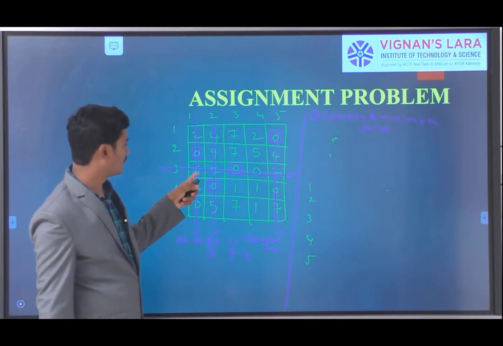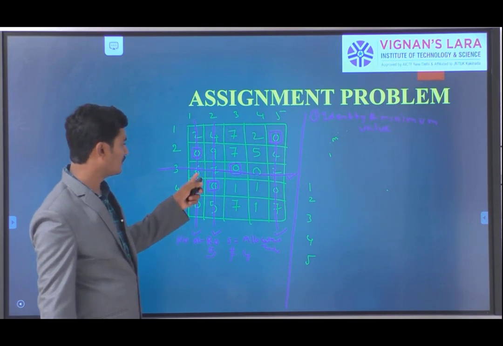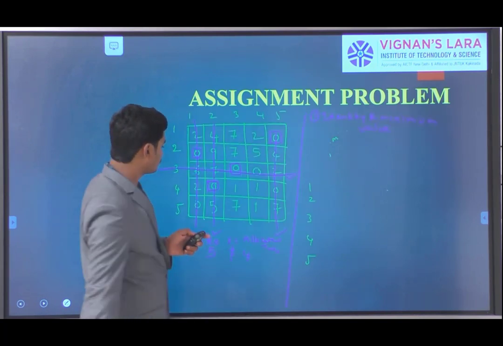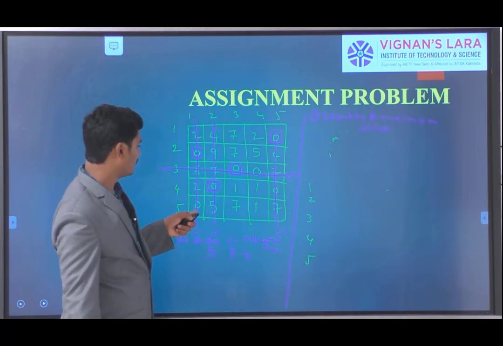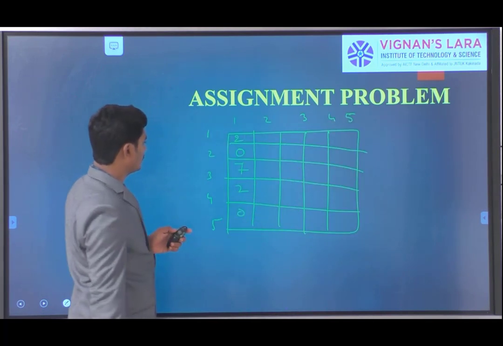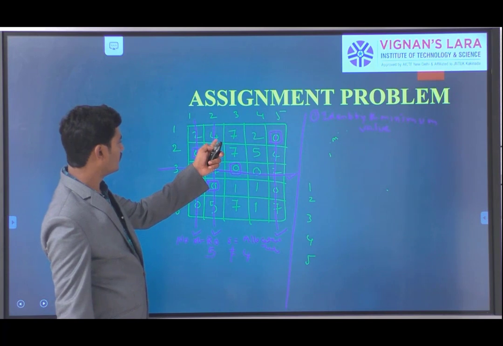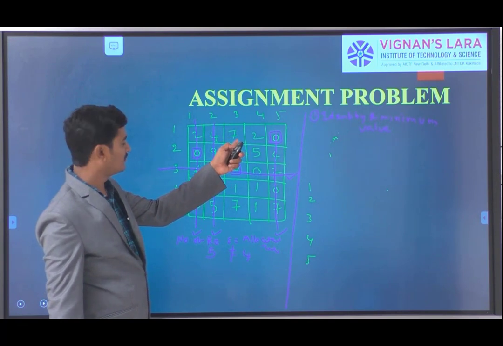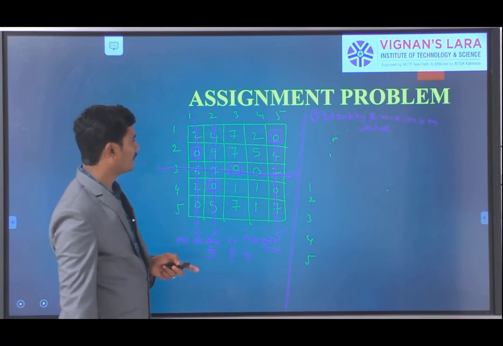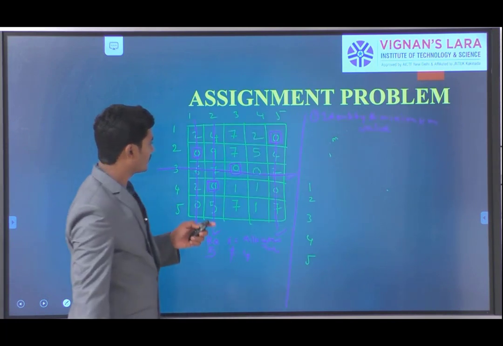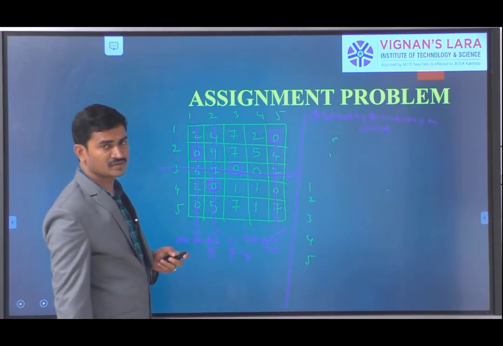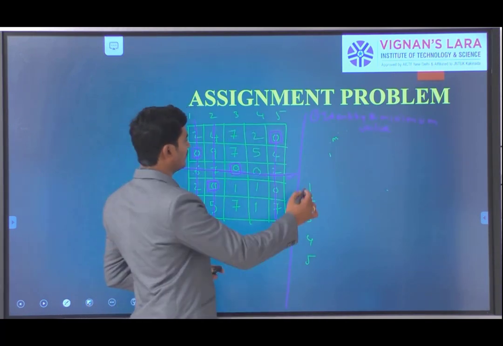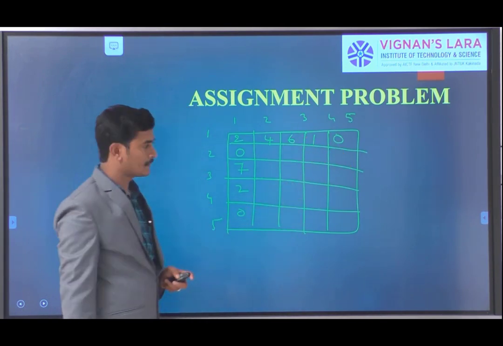Next, here 2 lines are there, one horizontal, one vertical, so we are going to add the minimum value. What is our minimum value? 1. We add 1 here, giving 7. Next, here 2 and 0 have single lines, so there is no change. In the second row, 4 has a single line, no change. Next, here 7 has no line, so we subtract the minimum value, and we get 6. Next, 2 also has no line, so we subtract 1. Next, 0 has a single line, so we take it as it is.